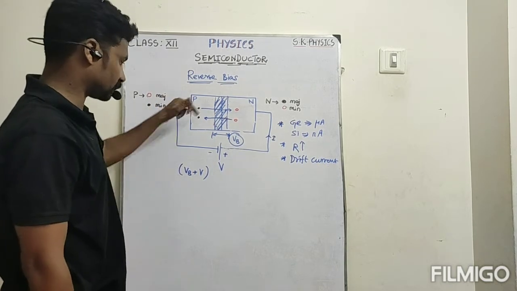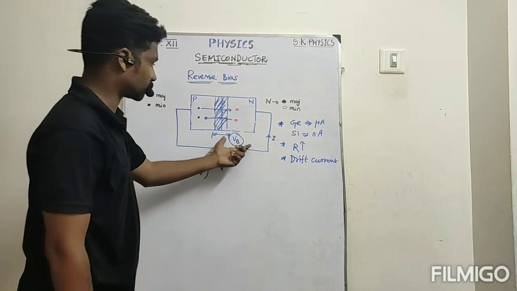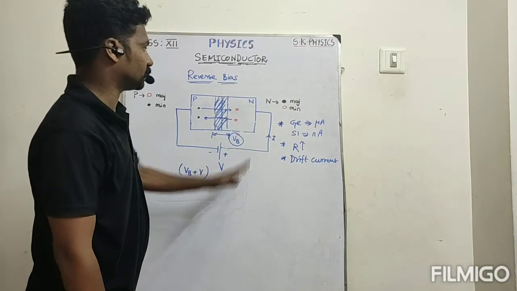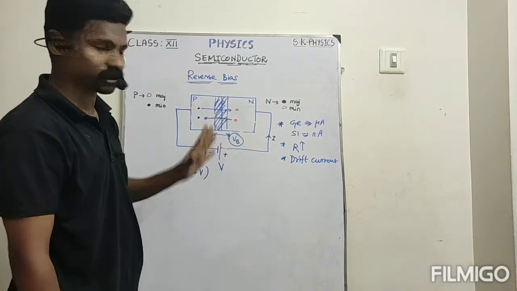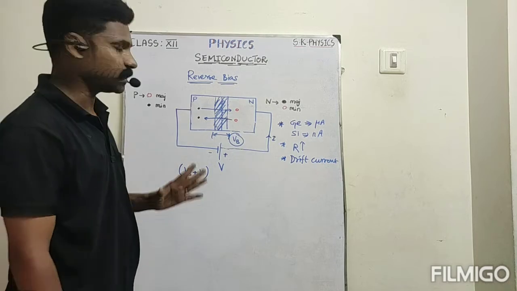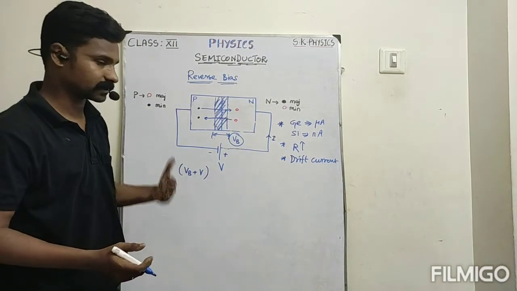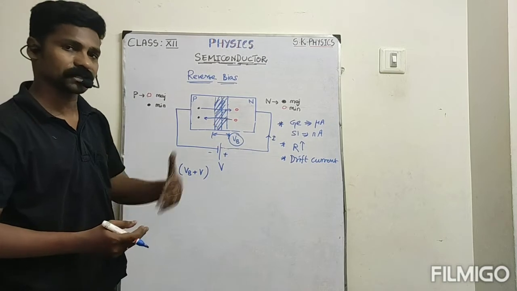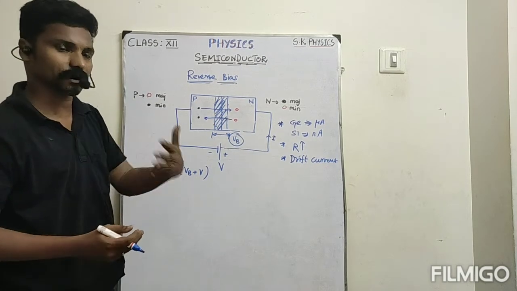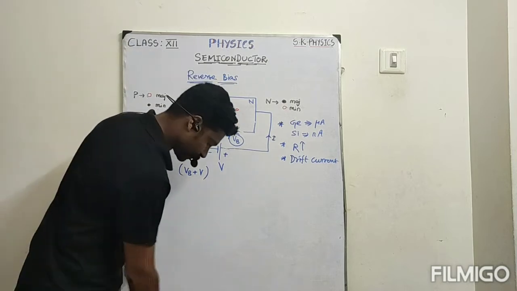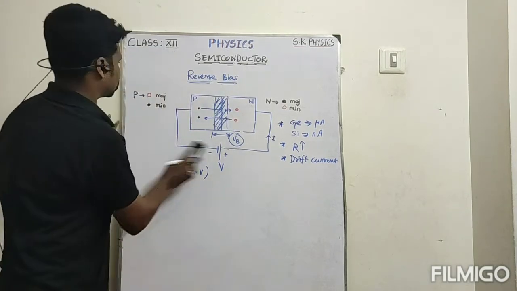Then what happens in the reverse bias, how the potential barrier behaves, some important properties, and which carriers are responsible for the current in the circuit. Okay. So now some examples, because from an exam point of view, they will give one circuit and ask us to find whether it is forward bias or reverse bias. So like that, let's see some examples now.